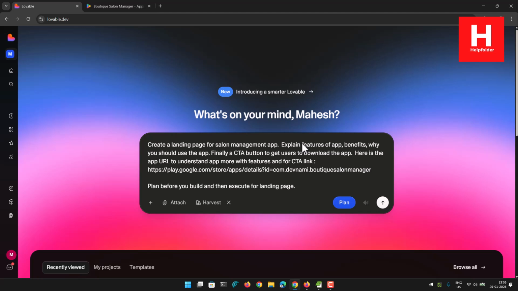So basically this is a design gig where we are creating a landing page for the Salon management app, right? And this can later be used for Meta ads or maybe AdWords, and we can redirect the traffic, right? So now I will run the prompt